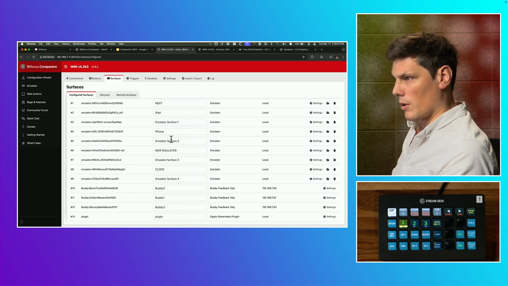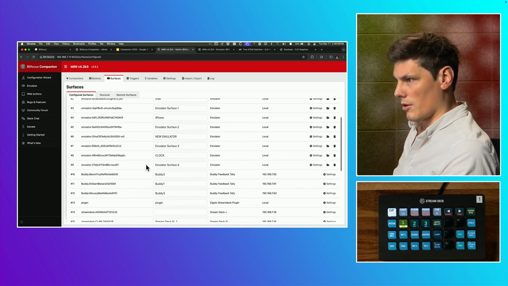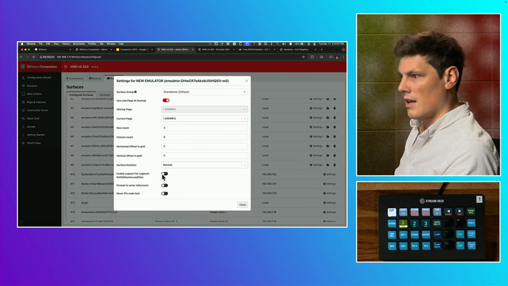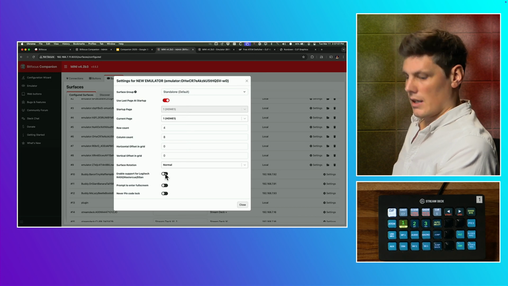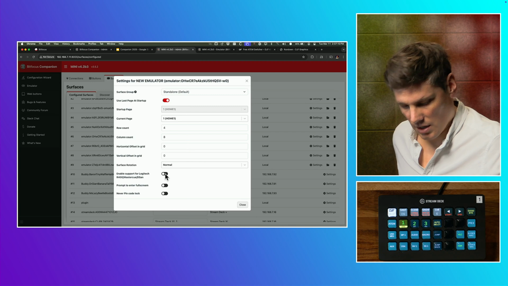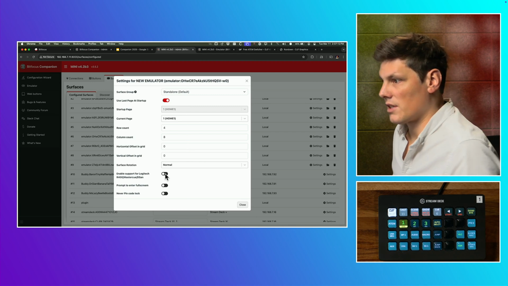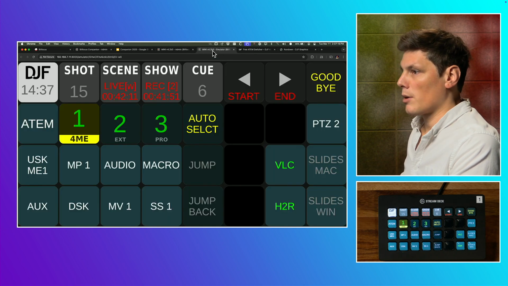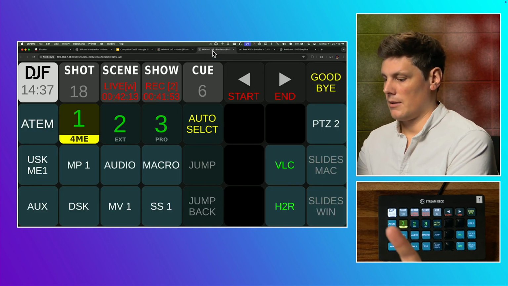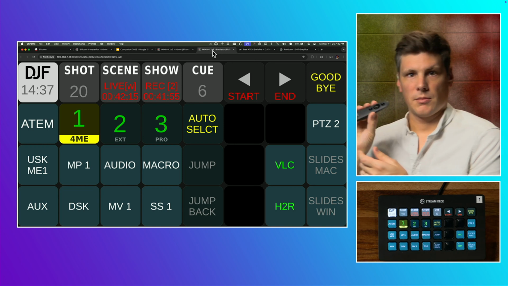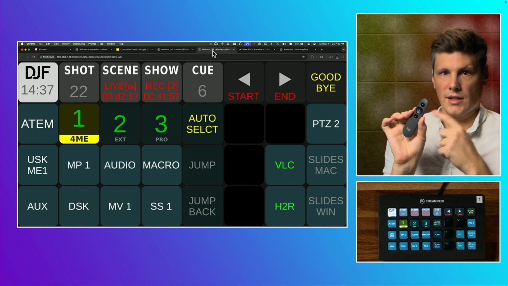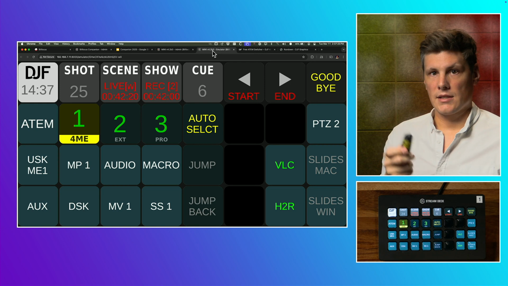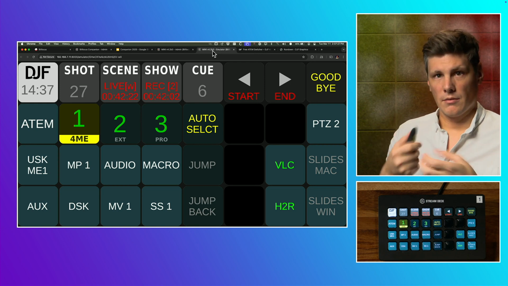And there's one more thing you can do with that, which is, I'm going to go back to my new emulator settings. You can enable support for Logitech R400 and remotes. I wonder if I have one in here. I do. And so this is where you would turn this one on, just like that. I'm not going to press it now because I'm not quite sure what it's connected to, but you can get like a $40 remote clicker like this, which you would use for like PowerPoint advancing